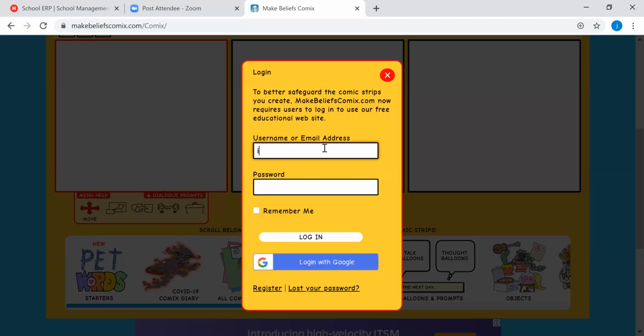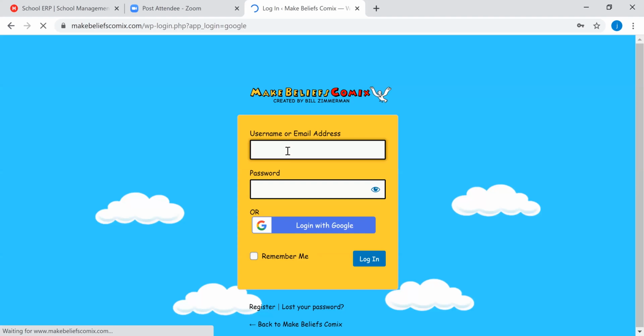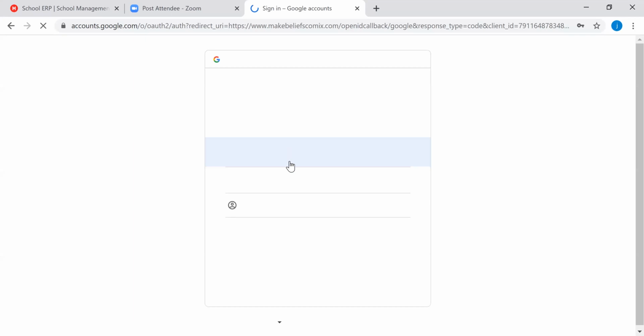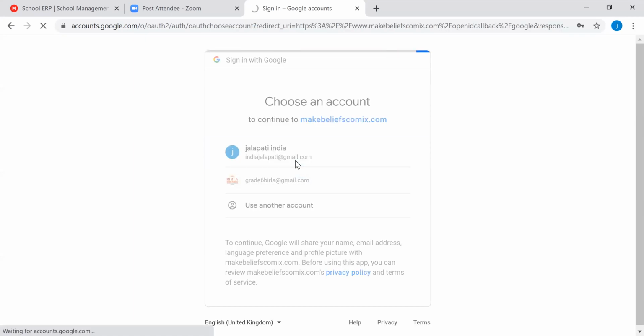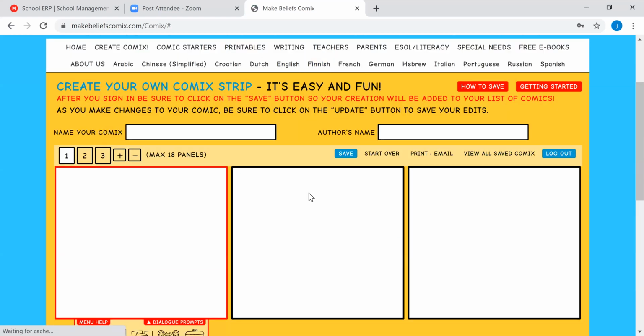Okay, I will log in with my email ID. So I have logged in with my email ID.